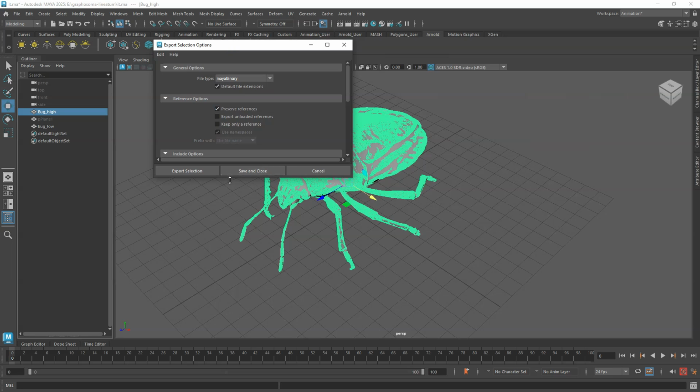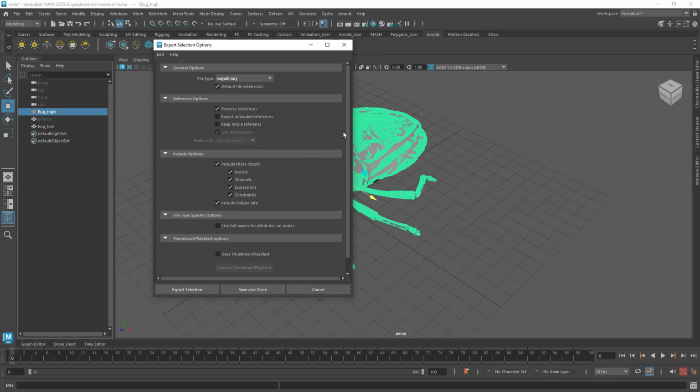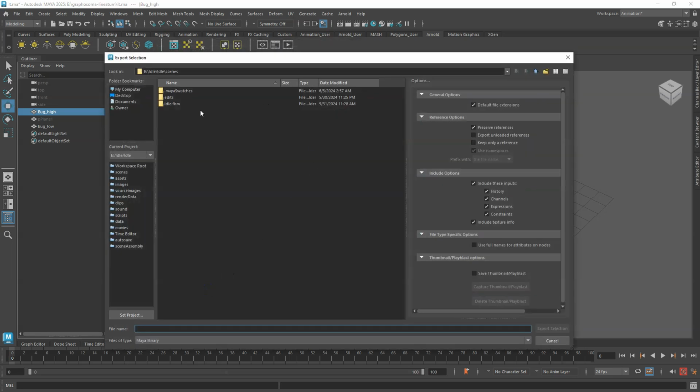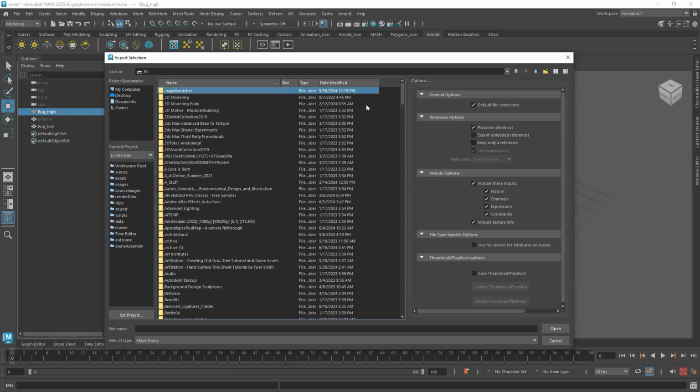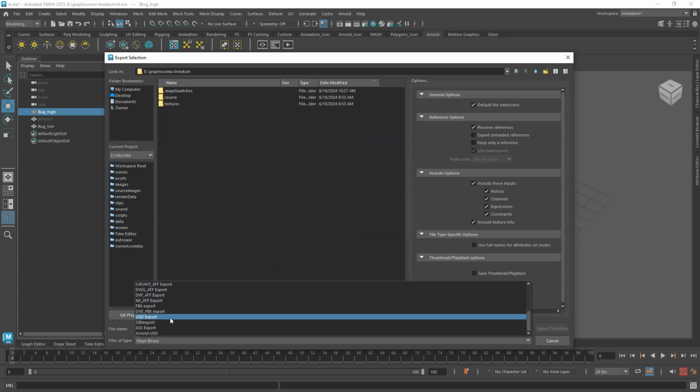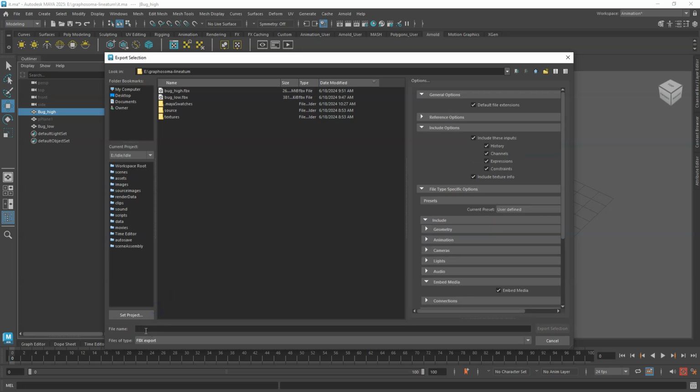Okay, and then what I want to do is, you can leave the defaults, okay? And we're going to go Export Selected, and then I'm going to tell them where I want it to go. So I'm just going to go here, and I'm going to make this an FBX, and I'm going to call this bug